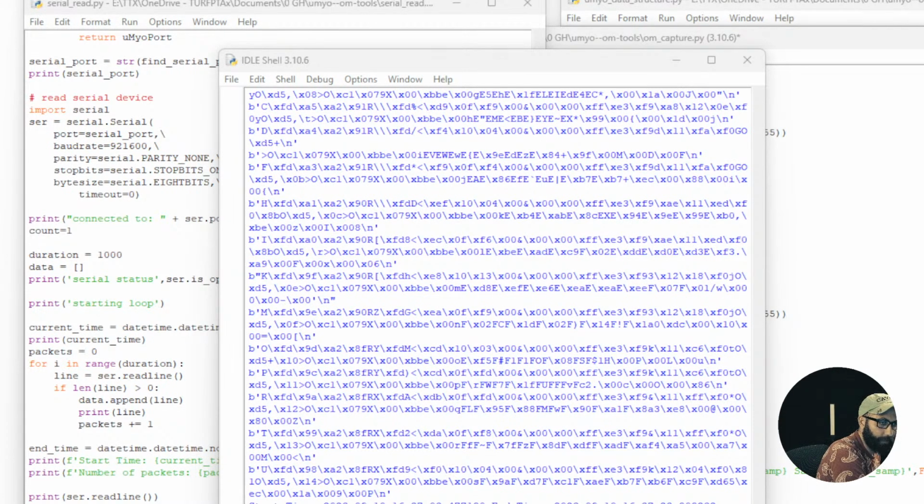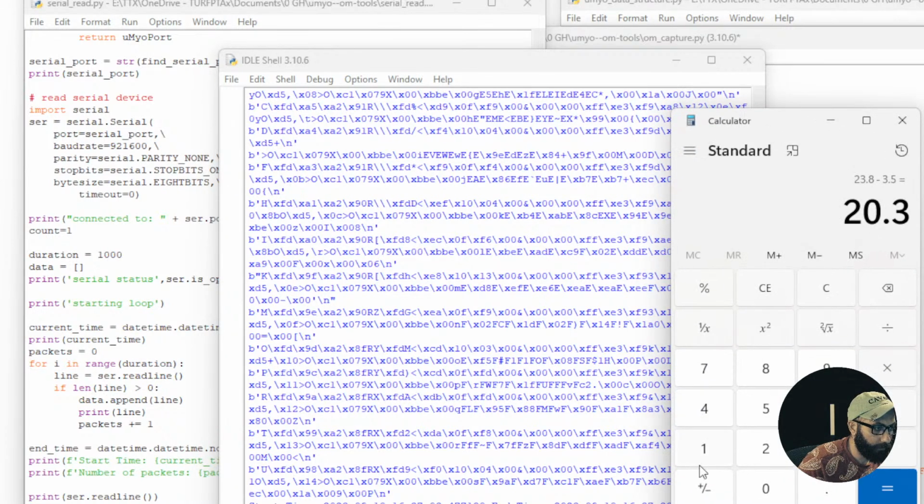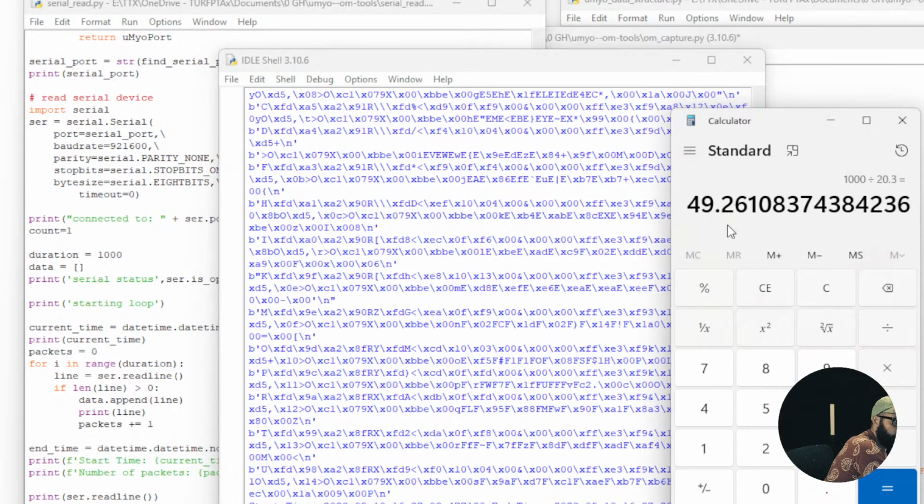So if we divide 1,000 by 20.3, we get 49 per second. So 49.261. This is actually awesome. This is really good because